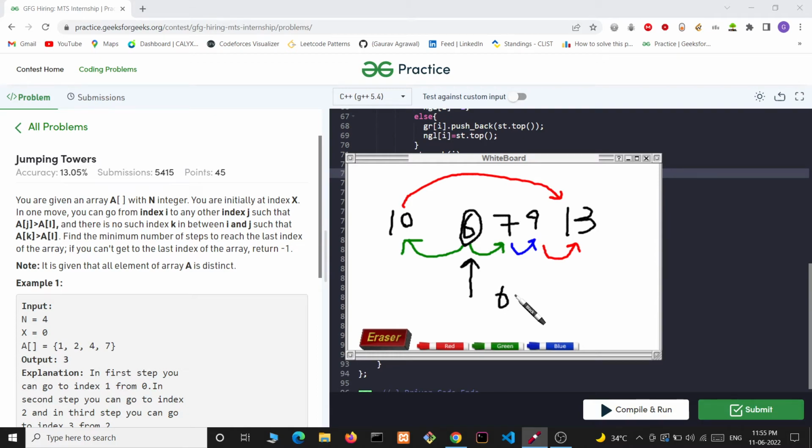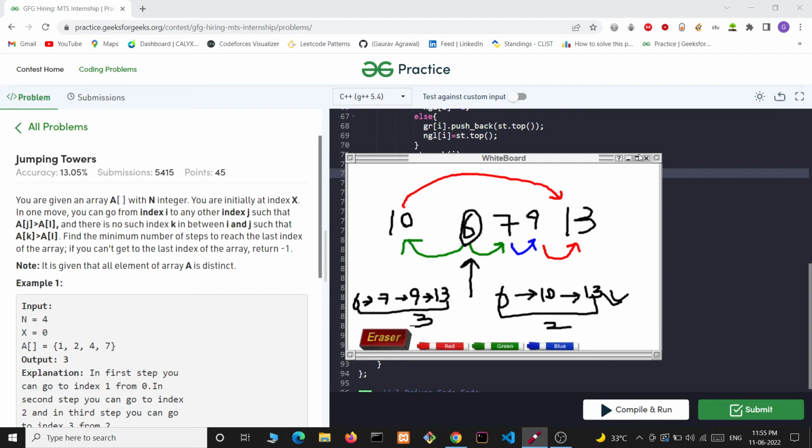This 6 to 10 and 10 to 13 is the shortest route, taking only 2 units of distance, and the route from 6 to 7 to 9 to 13 is longer, taking 3 units of distance or time. So this is a better route.